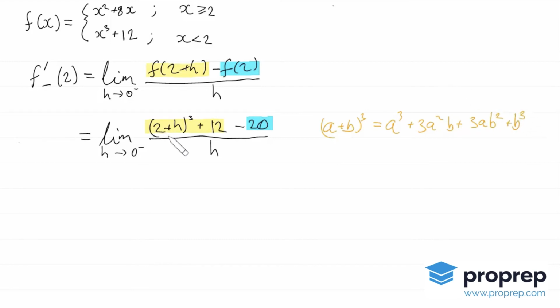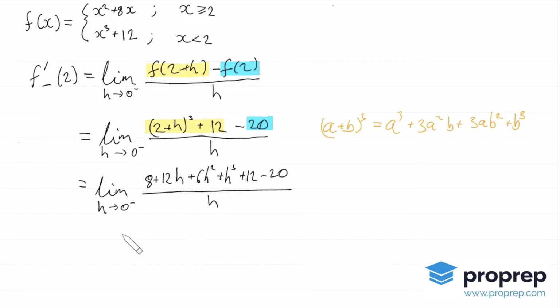And if we use that here, then we'll get, I'll spare you all the minor details, 8 plus 12h plus 6h squared plus h cubed plus 12 minus 20, all over h, which equals